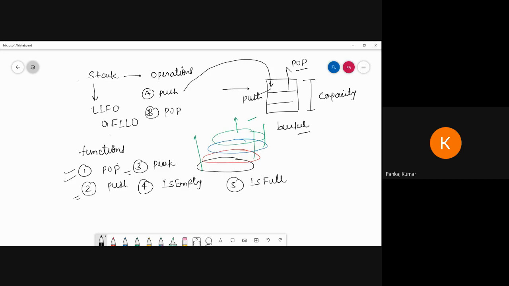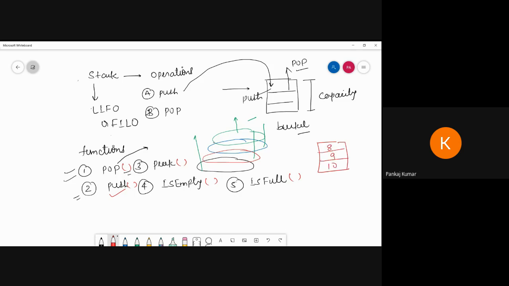This one is the pop of the element, and push is where we store the element. Then peek. What is the meaning of the peek function? I can put the brackets, that means we are using the functions in coding. Suppose a stack is given and the elements look like that.